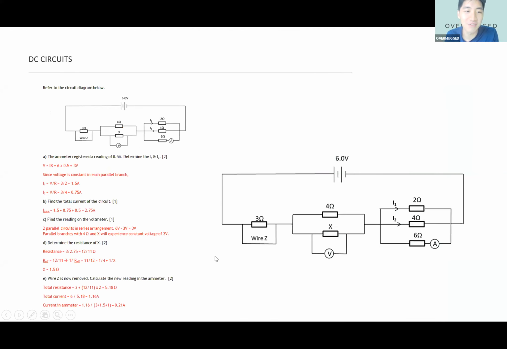Okay, for obvious reasons. So to give you a brief idea, this is how a question for DC circuit can look like. I set this question myself to torture my students, not torture, to help them learn better. So if you can see here, a circuit can be as complicated as having 3 different components with the ammeter and voltmeter at different positions, with different resistance. By O level, you need to be able to solve this question. So you go all the way from part A to part E, and the values are all very heavy